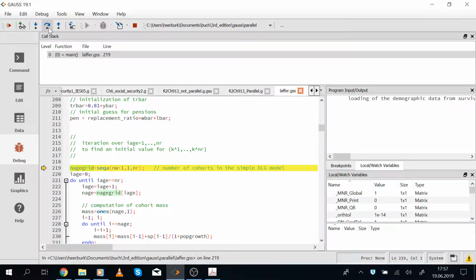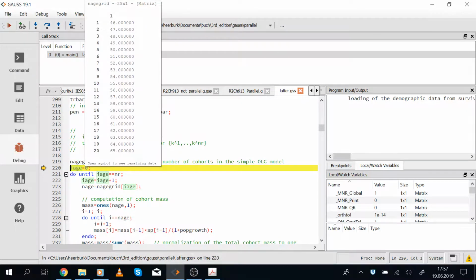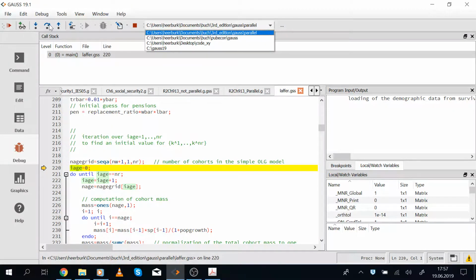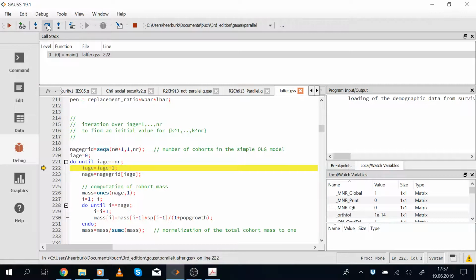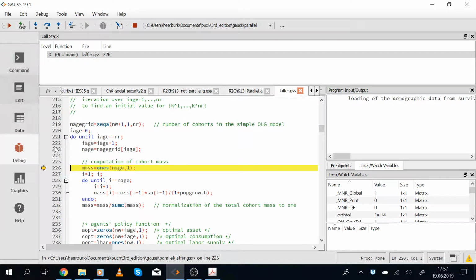And now starts our iteration over the number of retiree cohorts. So we compute our model for 46, 47, 48 and so on cohorts, which are stored in the variable NH grid. And we start with the first entry with 46 periods. So IH is set equal to 1 in this loop, and our number of periods in this model, which is called NH, is set to 46. In the next 6 lines, we compute the steady state, the stationary mass of this